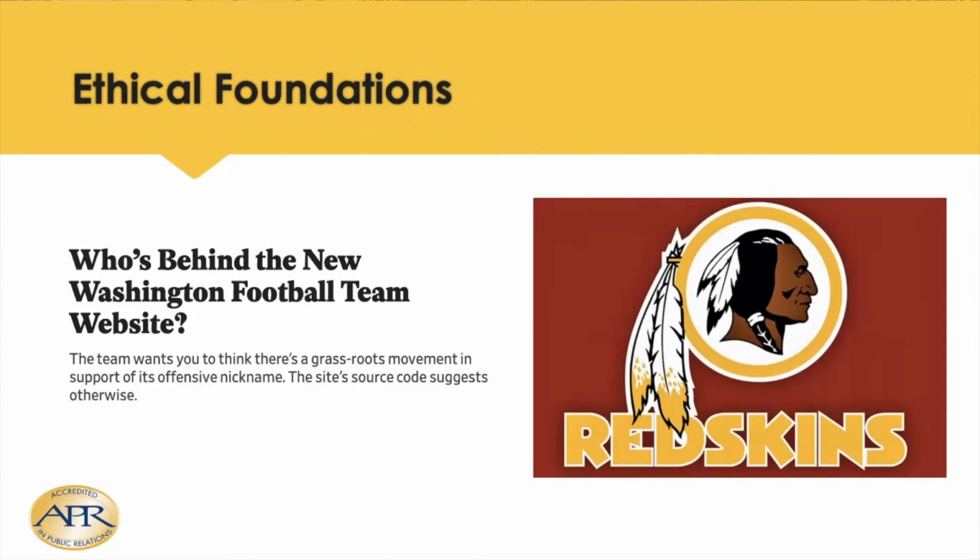And so if you thought it was unethical to do this, it has happened. Agencies do come up with these kinds of campaigns and make them look like they're organic and grassroots. And the question is, is it deceptive to the public, to your audiences? So it probably wasn't illegal. They could do it. I don't think anybody would say it was illegal. The question is, was it ethical? And how does that influence our industry in particular if we launch these kinds of campaigns? All right, so something to think about because these things happen frequently.